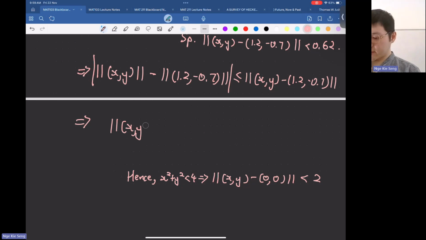What is this middle thing? What's the length of 这个？刚才你们用计算机算的嘛，1.38，是哦，1.38。